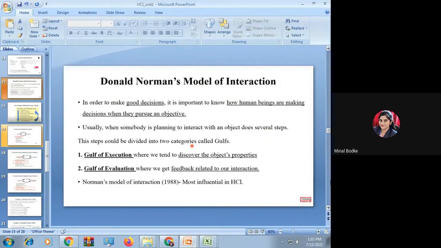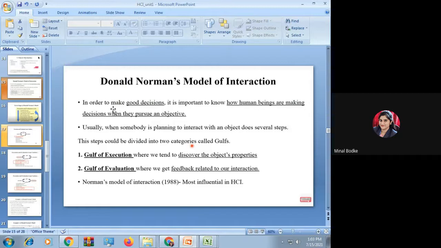There are n number of models, but only two models are efficient for building a GUI or day-to-day interaction. That is Norman's model, which you're going to study, and the bow and arrow model. In this, two main entities play a very vital role. One is your user, who is going to decide the goal, and one is the computer, which is going to produce the output or the goal which the human being wants actually. So two main entities are important here.